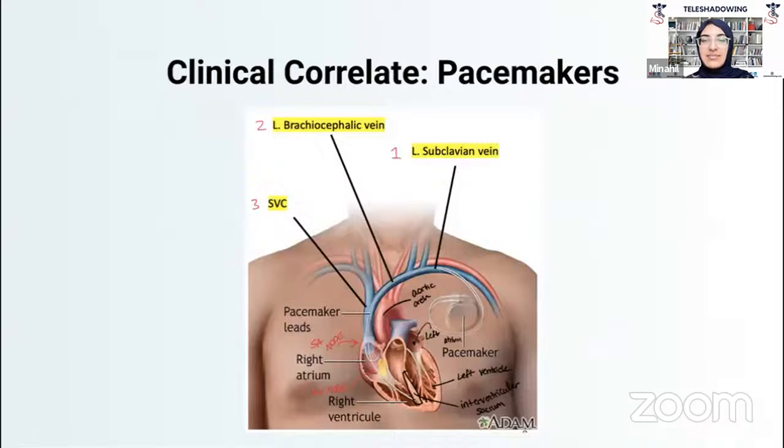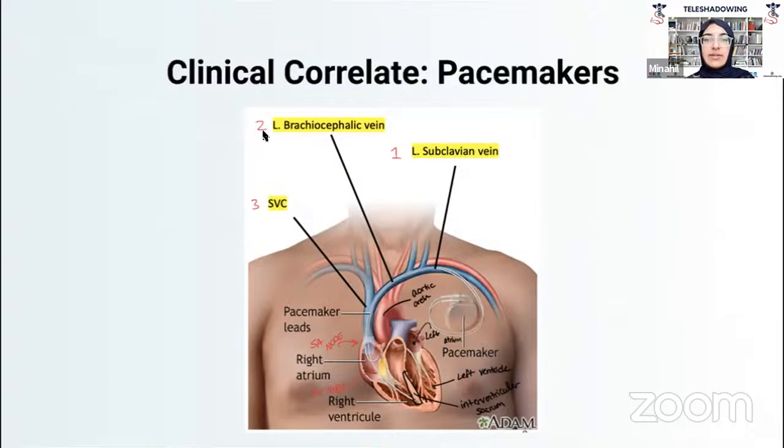Okay, so now I'll explain why I just went over all that anatomy, and it actually helps you put into context why you're learning all of those different veins, arteries, and pathways. The reason is that it's how we figure out where to place a pacemaker. Essentially, pacemakers have wires that thread through the left subclavian vein, and you can see number 1 on this diagram here,